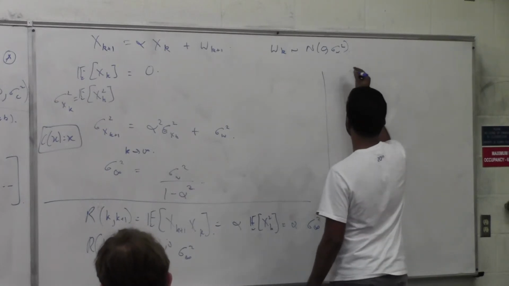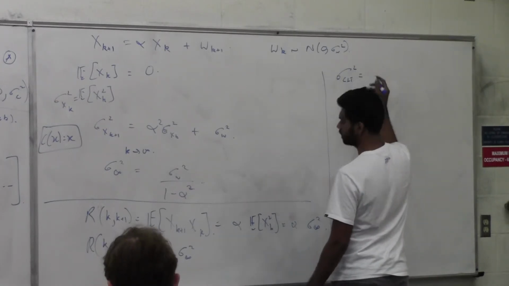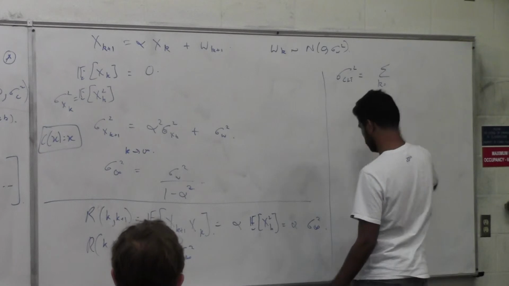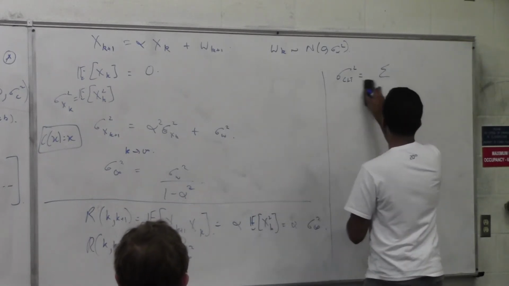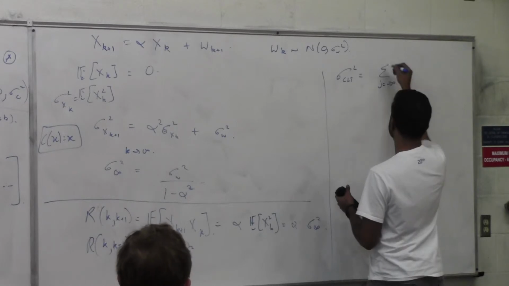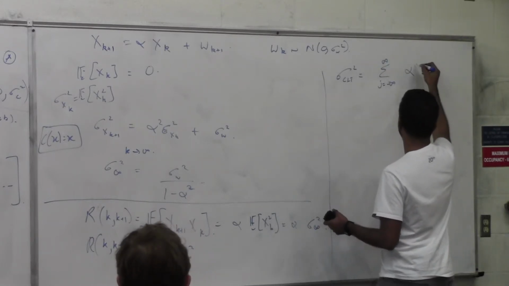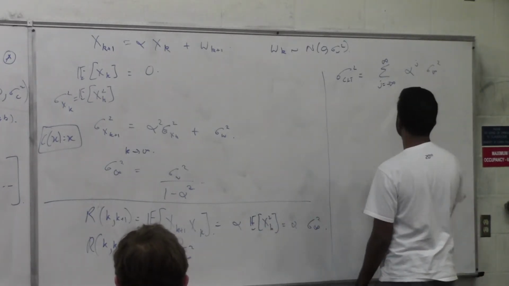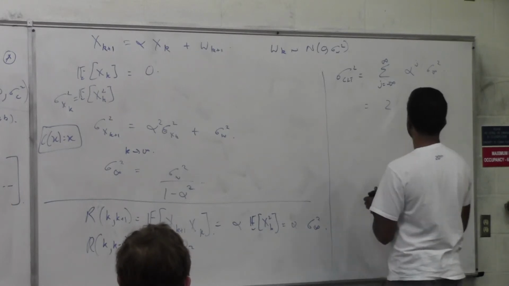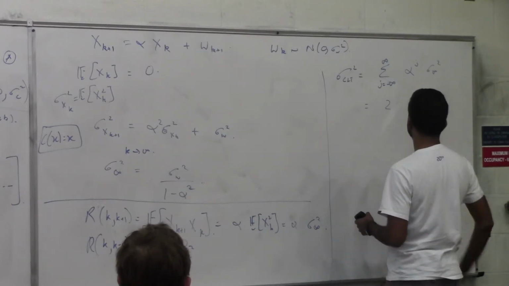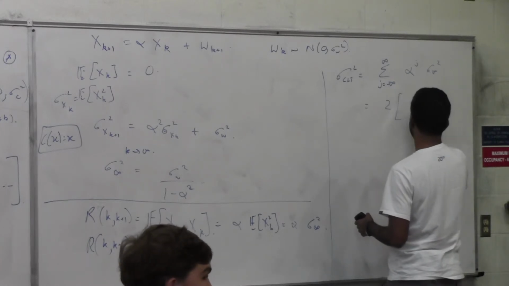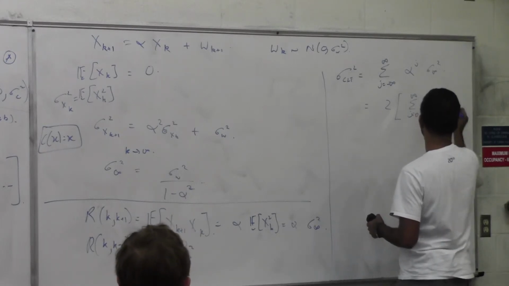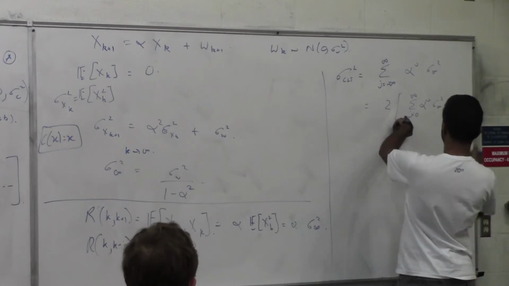Sigma squared, the central limit theorem variance, is given by the summation over j, I should use j because of this j here, from minus infinity to plus infinity of alpha to the power of absolute j times sigma infinity square. Okay, that's nothing but 2 times the summation from j equals 0 to infinity of alpha power j sigma infinity square. I've counted j equal to 0 twice, so I have to subtract off